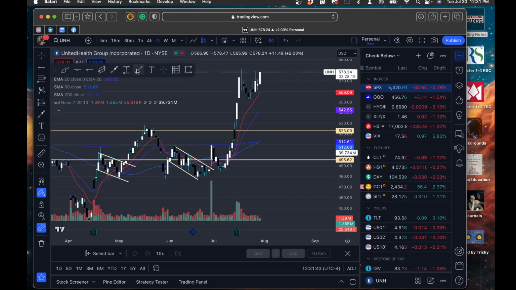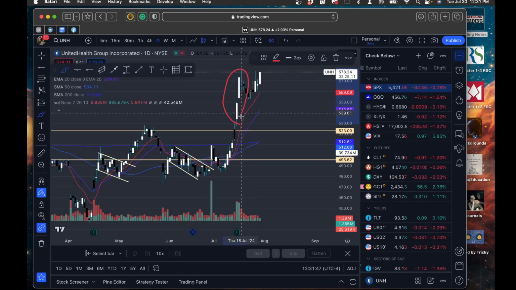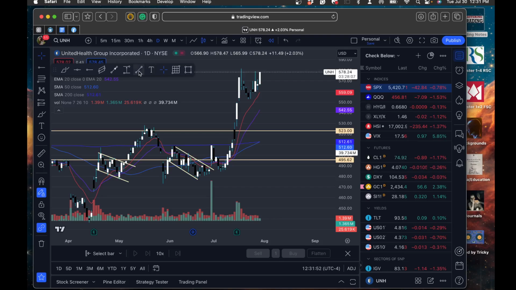Now, obviously, we're not going to be able to get in on this right here. We've talked about this before. But what does this allow us to do? It allows us to get the setup so we can wait for the pullback to the 10 EMA. Now, most importantly,